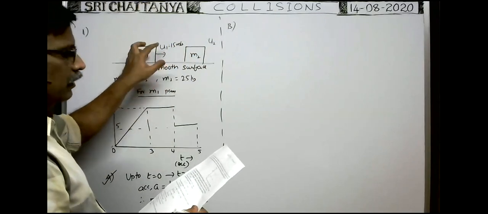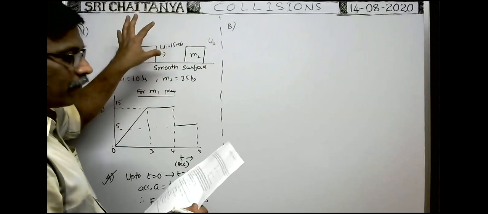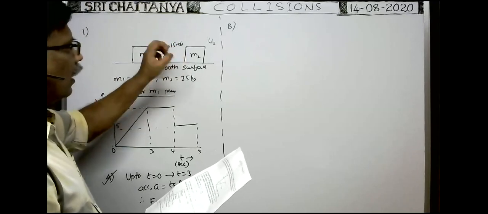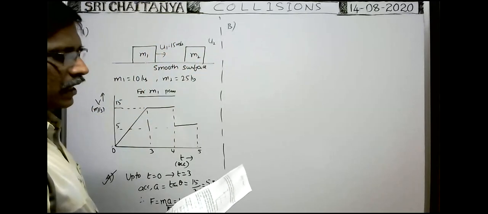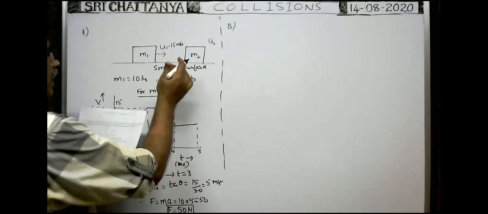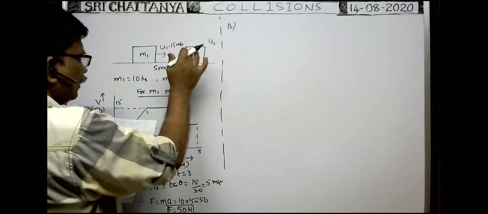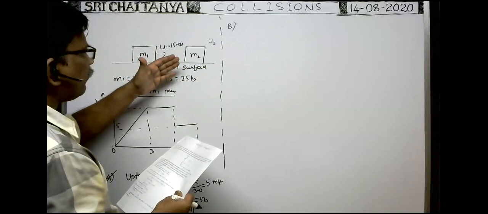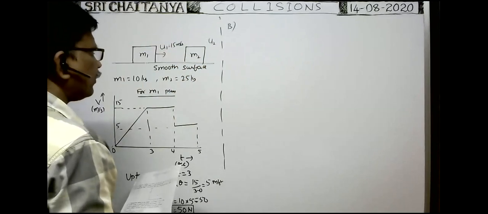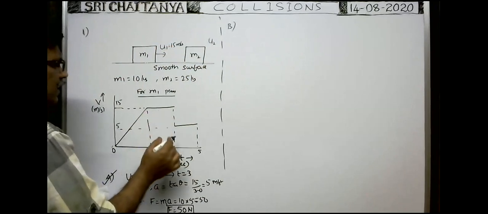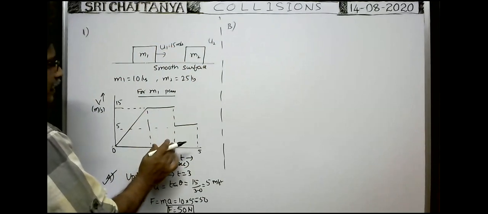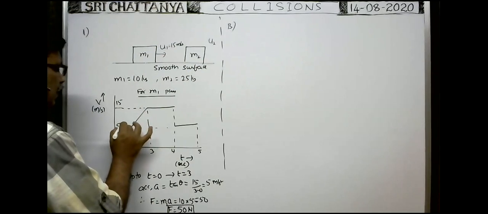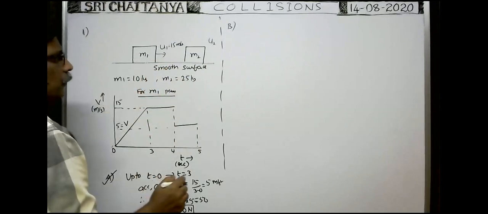But after collision, these two bodies come head on. After a head-on collision, which means a one-dimensional collision, the two bodies stick together and travel. With what velocity do the two bodies travel? Here you see, whenever the two bodies collide and stick together, then after 3 seconds, the velocity of the body decreases below 15 meter per second. In case of the first body, after 4 seconds, the velocity of the body decreases and remains constant. So this is the final velocity of the body, or the common velocity of the two blocks.